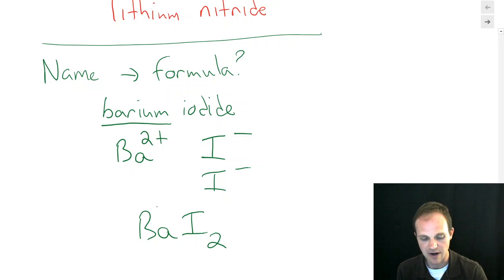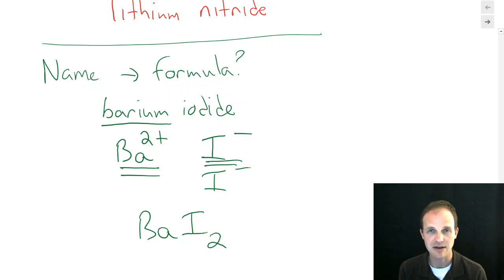Again, when we write these formulas, we do not write that 2+ and that - there. We just write BaI2, barium iodide. So we can do that anytime we've got a name to go to the formula by first writing out the charge of each of them and then balancing them out just like we've done before. So we now know how to go from a formula to a name and from a name to a formula